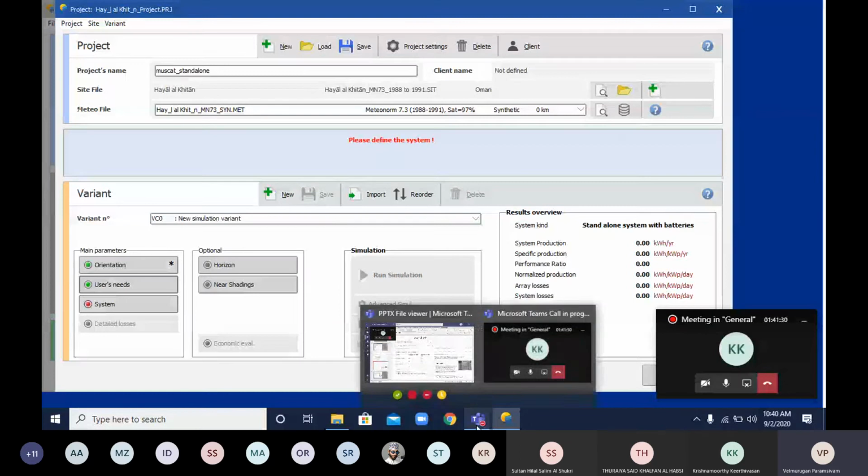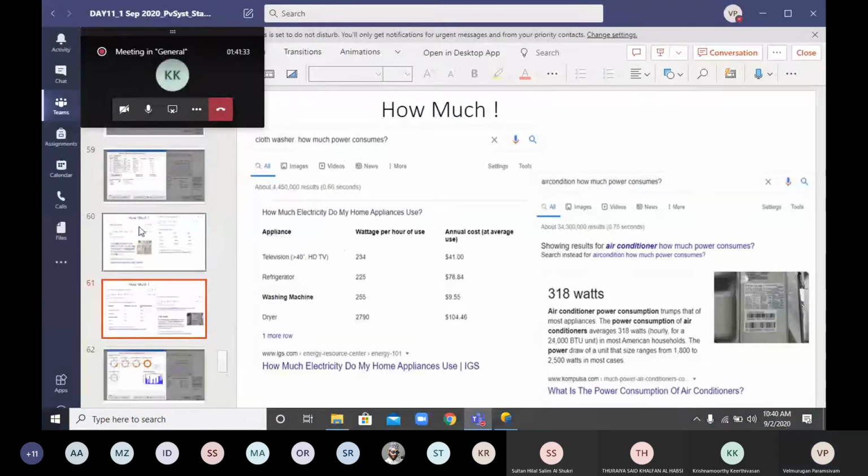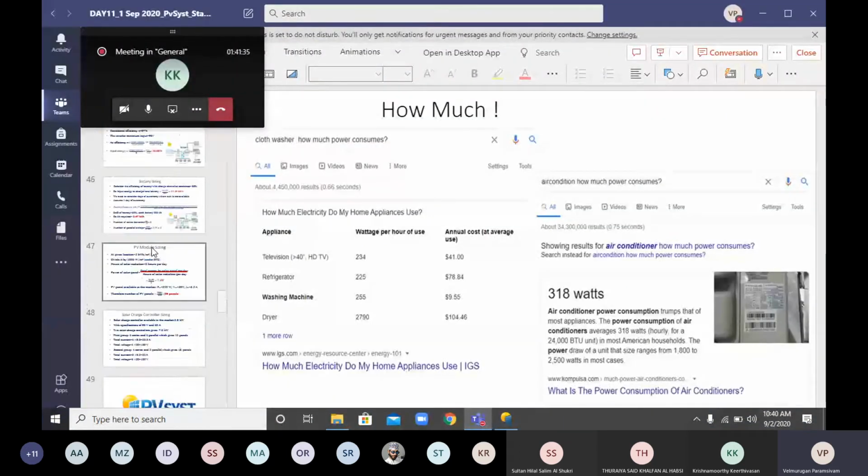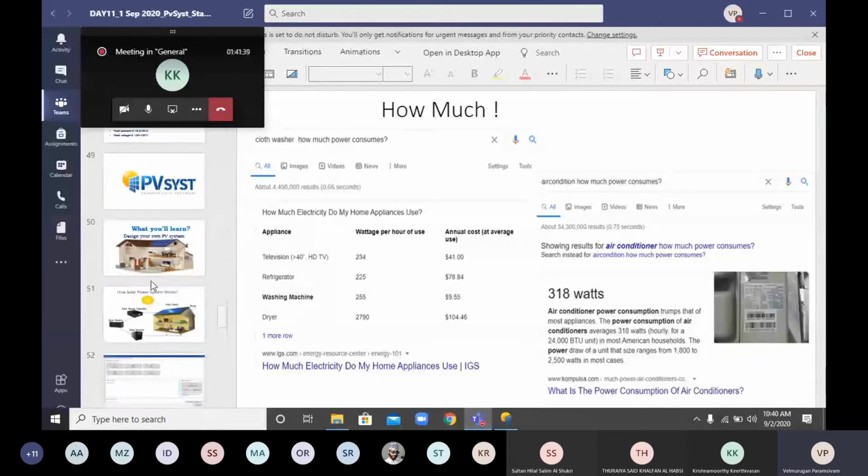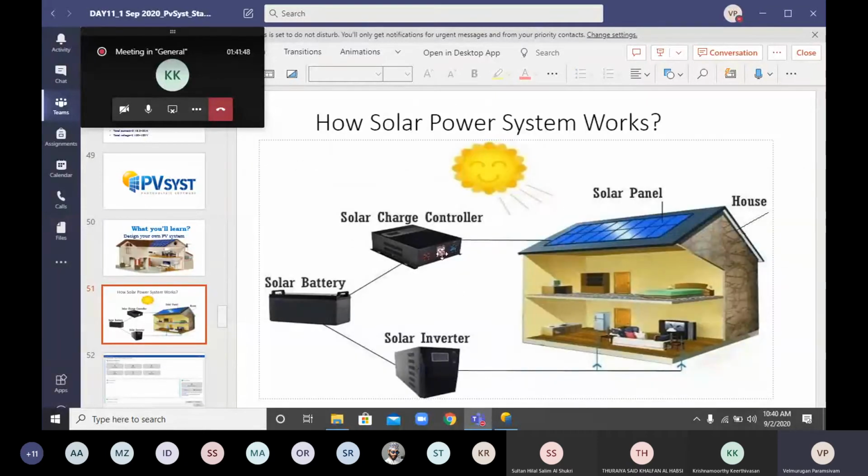In the system, as already told, we need to design a PV system, our own system for our own house. So we need a solar panel, solar charge controller, battery, and inverter.